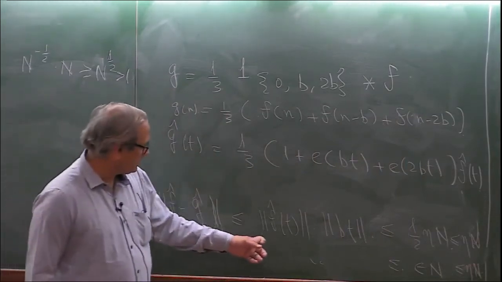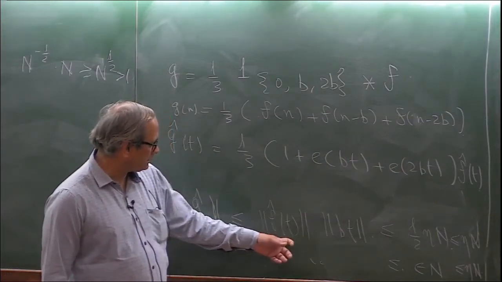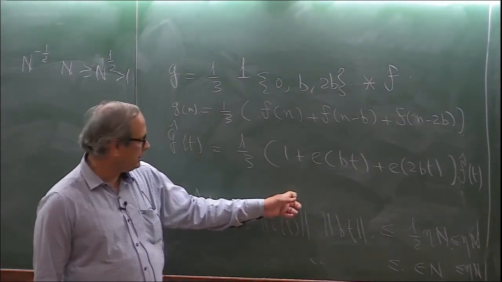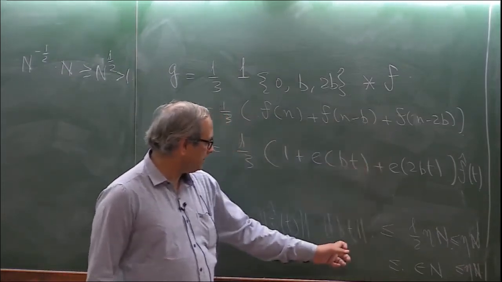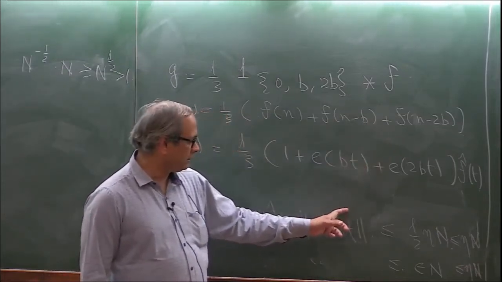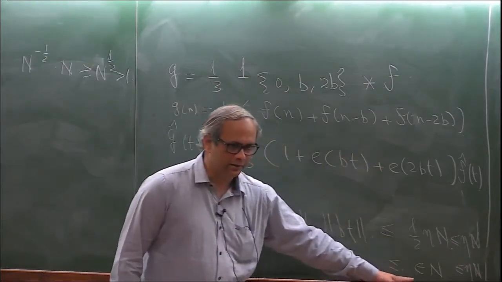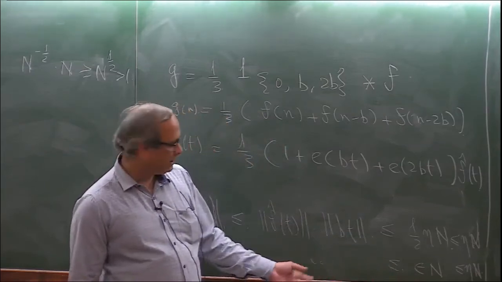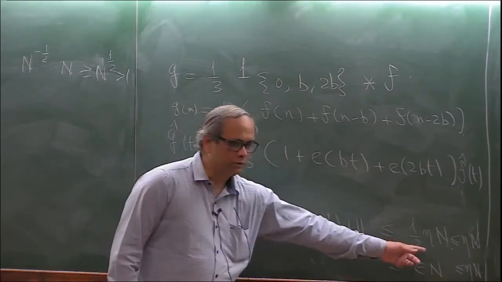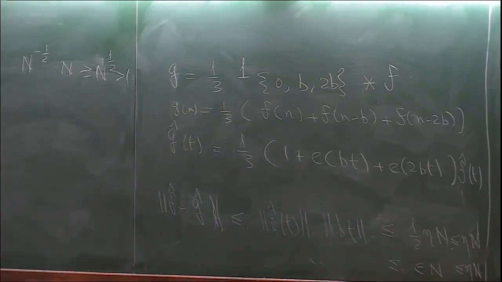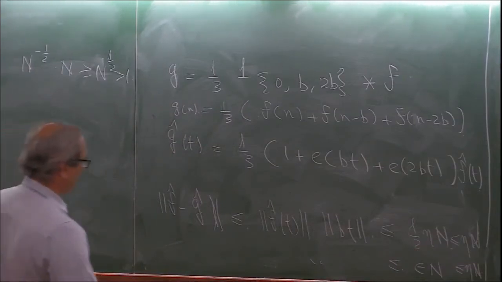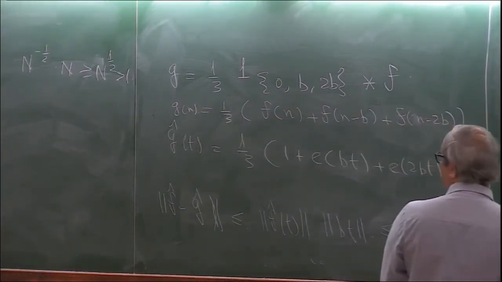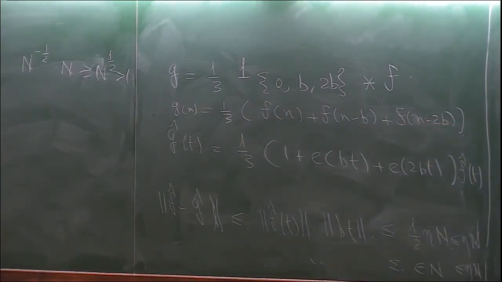I'm just using the fact that either t belongs to S, in which case f hat t is less than or equal to n, and by the construction b belongs to the Bohr set of S, so this is less than epsilon, so you get epsilon n. That's the second inequality. Or t doesn't belong to S, in which case f hat t is already less than eta n, and this is anyway trivially less than half, so you get half eta n, and so the two combined give you this bound. Okay,